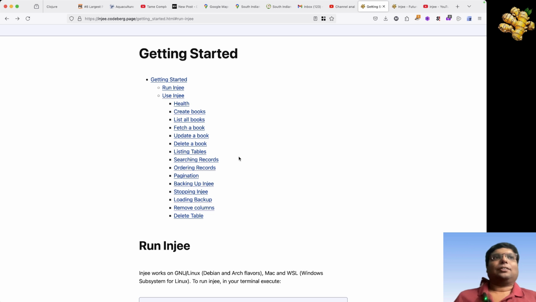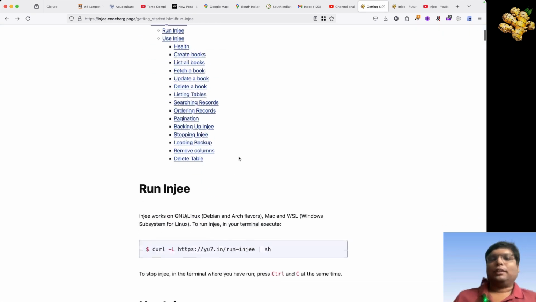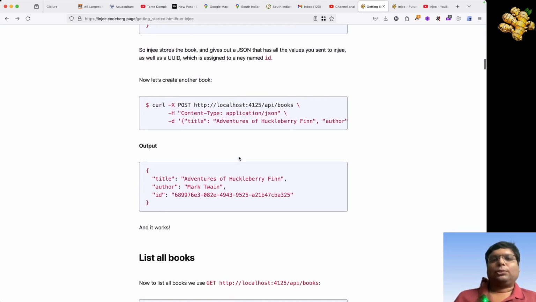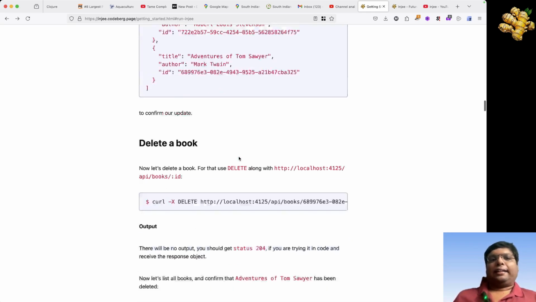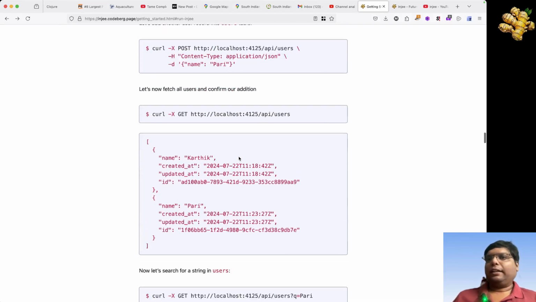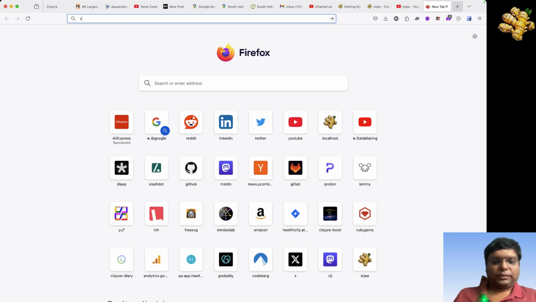So I thought, I'm a backend developer who hates front end. There will be a lot of front end developers and even designers who just know some JavaScript and can do CRUD, but they need a backend. So let me develop this. That's why I'm developing this engine. And the idea for Injee came from this thing,